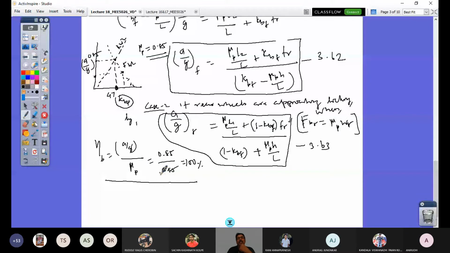As long as it's not touching this value for this distribution, there will be rolling of wheel. Wheel locking is not prevented. So this is the limiting value. If it is not touched, then your wheels will be rolling and stopping at a larger distance than under the condition of 47% K_BF. So that's what you should understand.